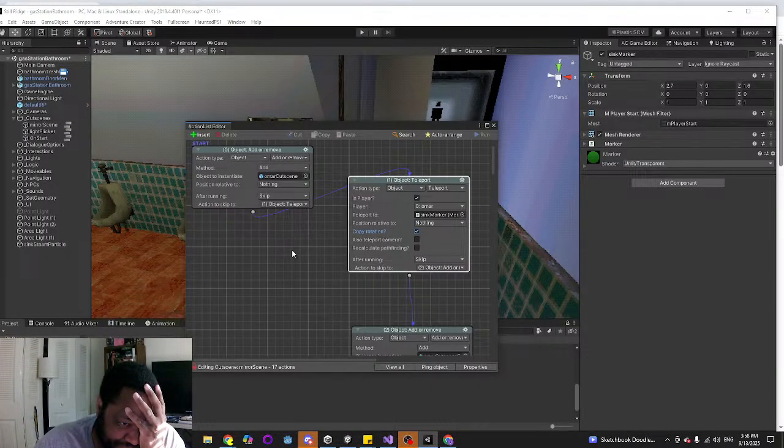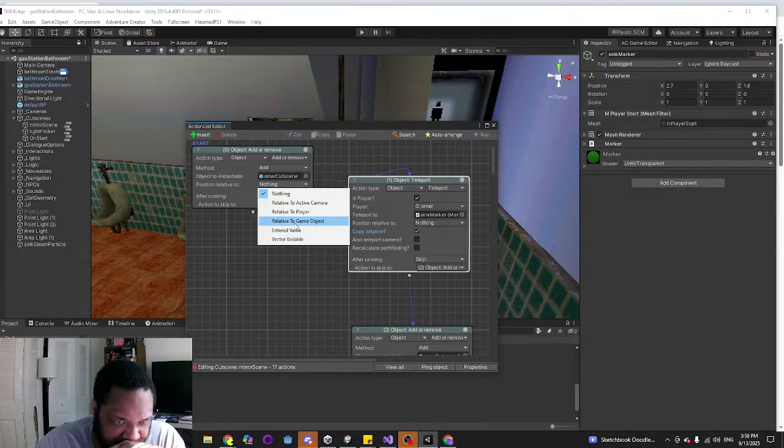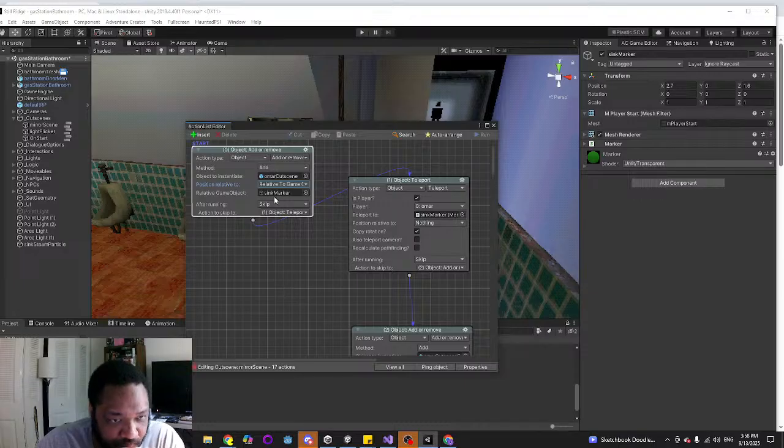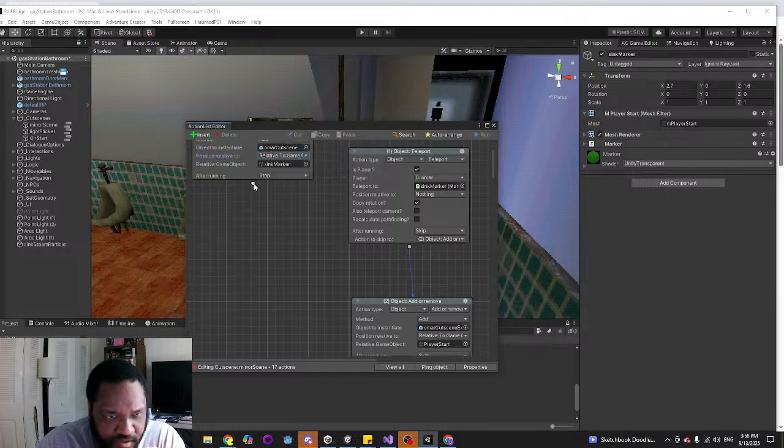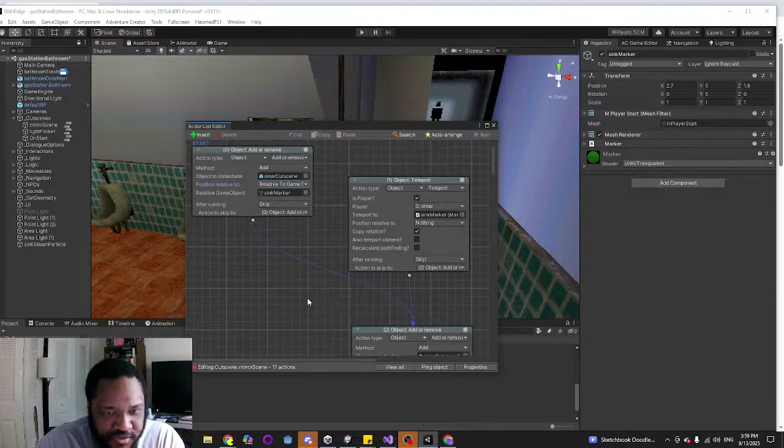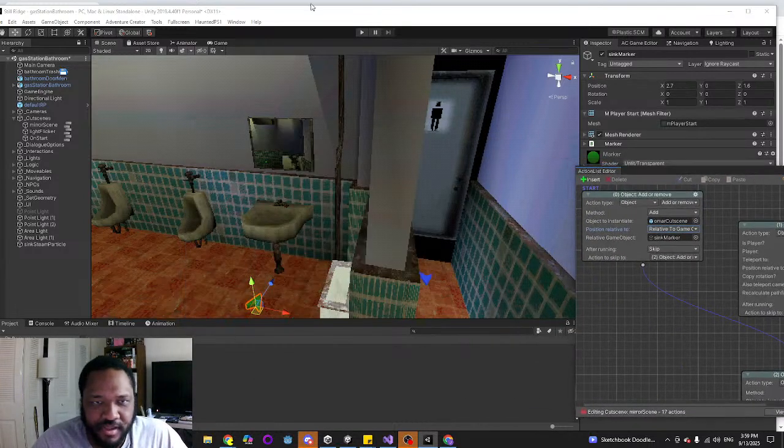Okay, so I don't actually want to teleport the player.